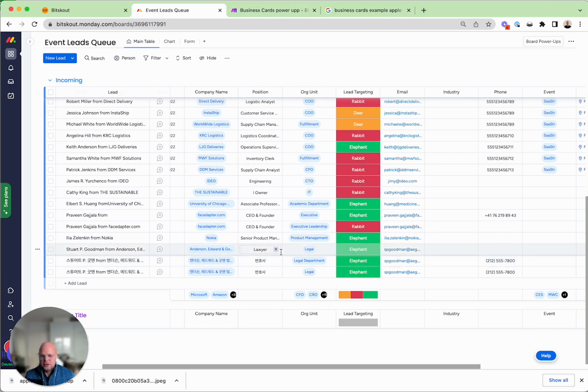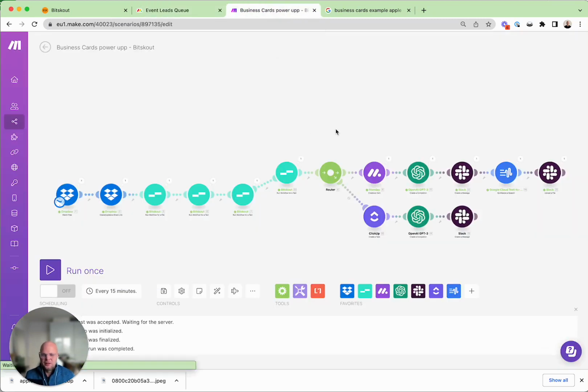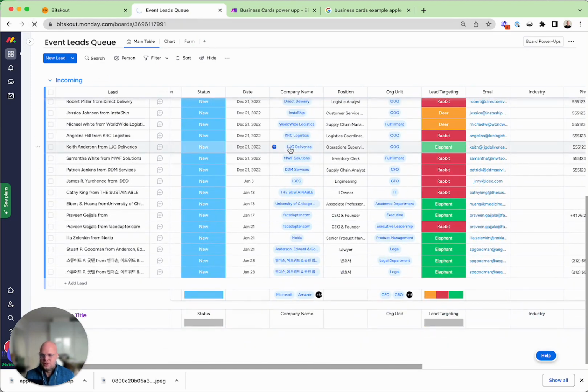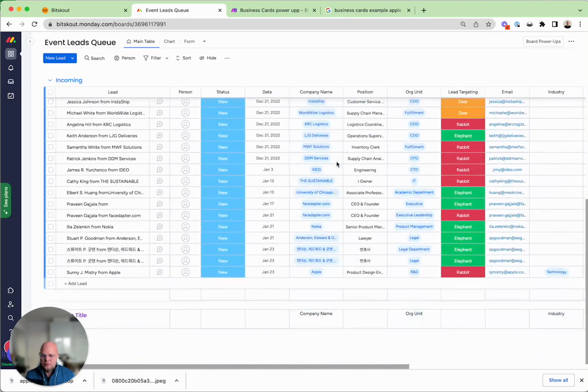Here, as you can see, I've been doing tests with the Japanese language and Japanese business cards, and it successfully extracted data correctly. Of course, you can generate a list of topics in Japanese in OpenAI, but you will have to give it specific instructions. Okay, so let's reload our Monday and see if we get our lead.